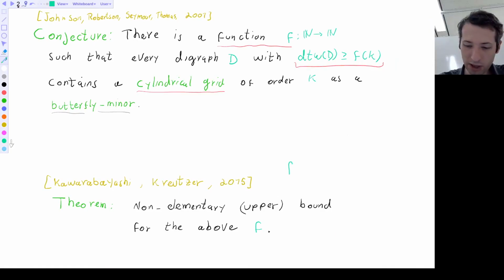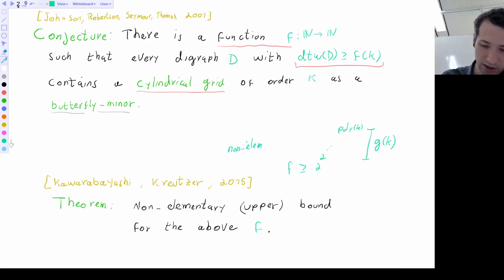So by non-elementary, I'm saying that this function f that we obtain is a power tower of 2's with some polynomial of k on top. However, the height of the power tower is again some function of k. So it's a very large power tower, and this is what we call a non-elementary function. Because the height is not a constant, it's non-elementary. If you have here this being a constant, that'll be an elementary function, and that's the main result of our